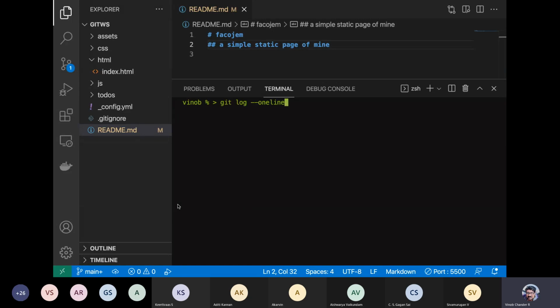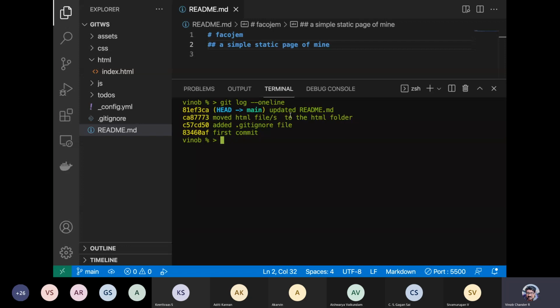So now if you do a git status, let us just ensure that we are ready to commit. So we can now commit it. We can now commit with a different message, git commit -m, and then say updated. All right. Now if you do git log --oneline, right, you have this as the latest commit.